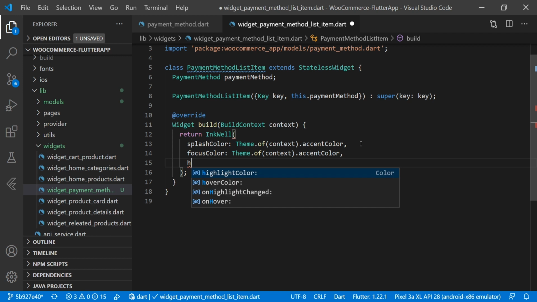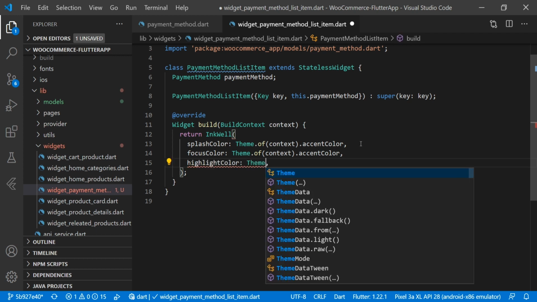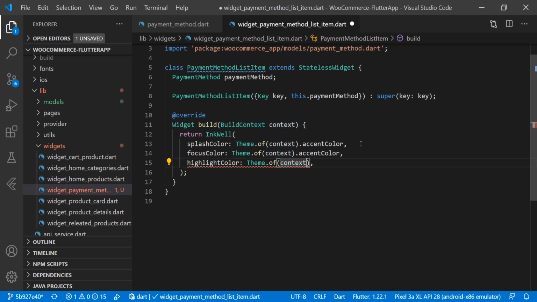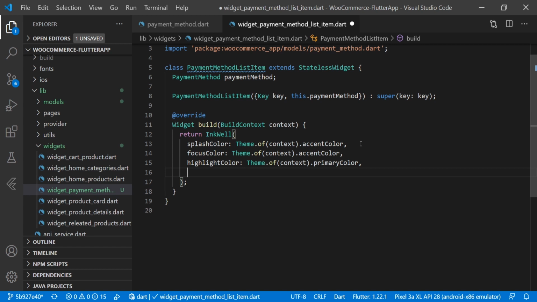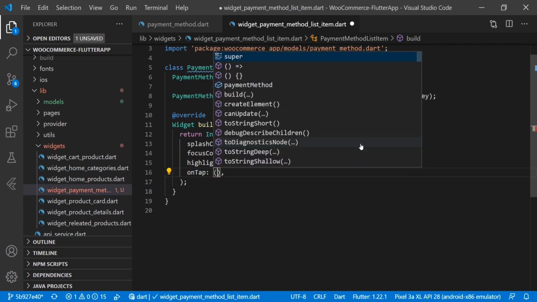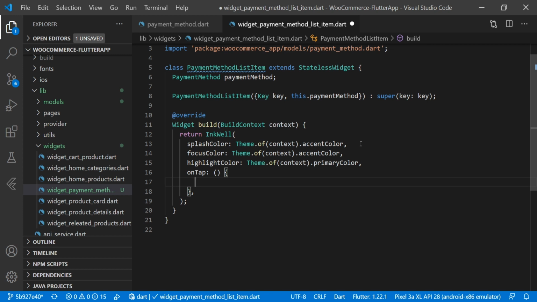And for the highlight we are using highlightColor Theme.of(context).primaryColor. And then we will have the onTap function here, and here we will check if this.paymentMethod.isRouteRedirect, then only we will do the redirection and all.